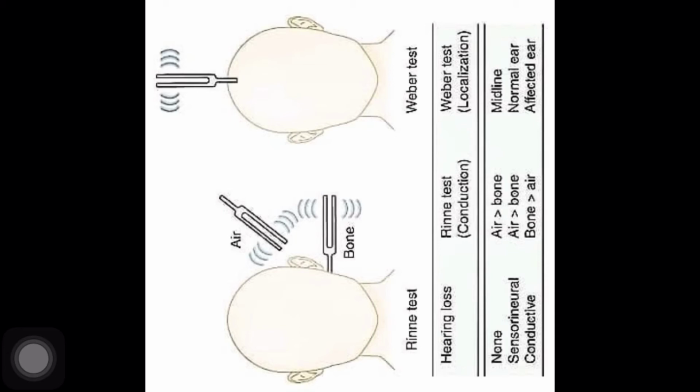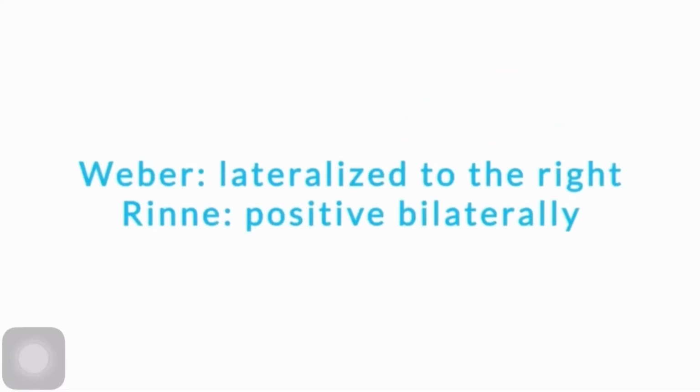Let's come to the sensorineural hearing loss. So in Rinne's test, again air conduction is more than bone conduction. But in Weber's test, the sound is lateralized to the normal ear. In conductive hearing loss, the Rinne's test is negative, that is BC is more than AC. But in Weber's test, the sound is lateralized to the affected ear, as we said, because the sound stays within the same compartment and it becomes amplified. So let's do some examples.